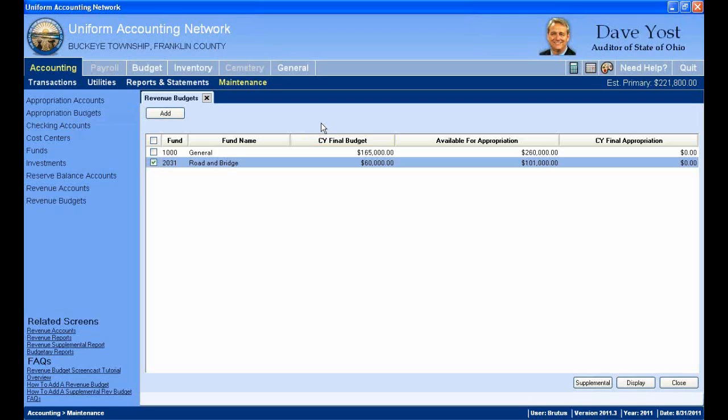revenue budgets at all, because if you think of your appropriation budgets, that's your authorization to spend money. Your revenue budget sets the ceiling, the total amount that you can be authorized to spend. Well, in our old UN system, if you jumped through a few hoops, you could kind of get away with just entering your appropriation budget. In this version of the software, you cannot get away with it. The UN software will technically allow you to not enter your revenue budget, but you'll be limited by that